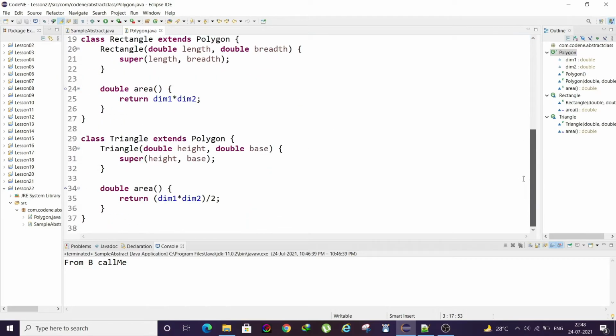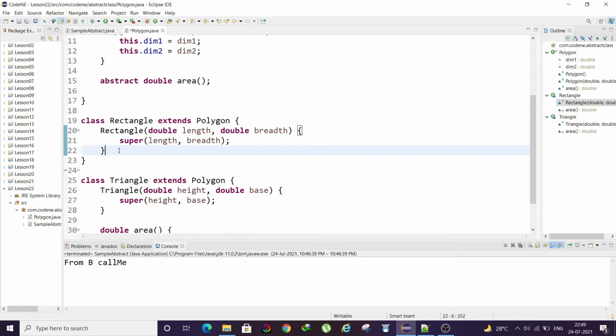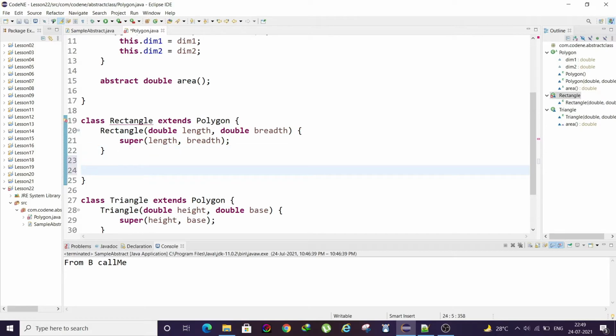Then right now it won't throw any error because our code already has the area overridden, right? So for example, if I remove this, then you see immediately error is thrown. That tells us that overriding this area method is very much compulsory.